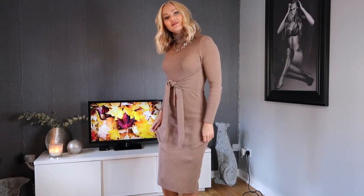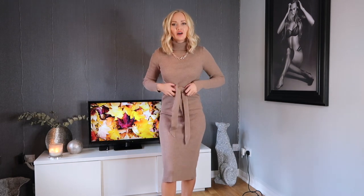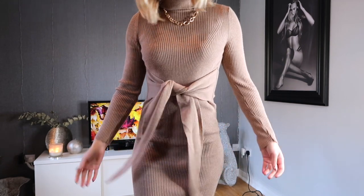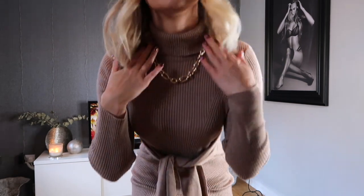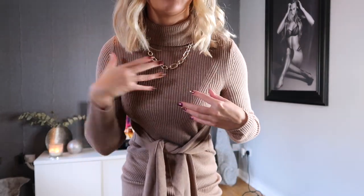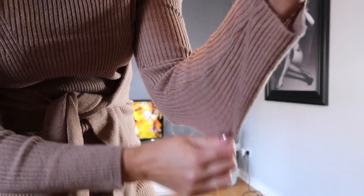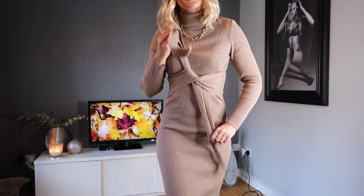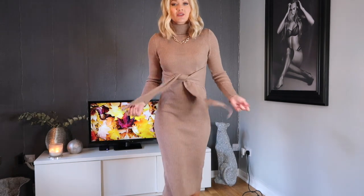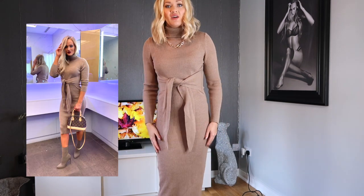As you can see, it's a midi length again, and it's this beautiful brown stone colour, and it's got this tie-up waist detail here, which is super easy but gives it a really nice detail. It's also got a high neck, and I've just paired that with a simple gold chain to add a little bit of detail. It's a ribbed fabric, and it's really stretchy as well, although it's quite fitted because of this tie waist. You don't feel restricted in any way, it's super comfy and cozy as well. I was wearing this back in January without any tights or anything, and it was really...